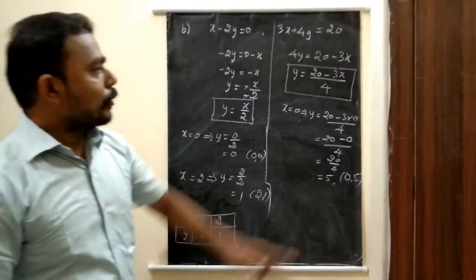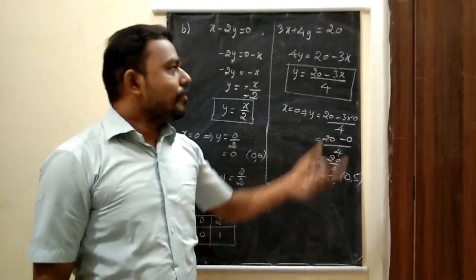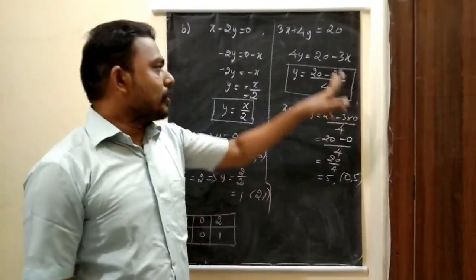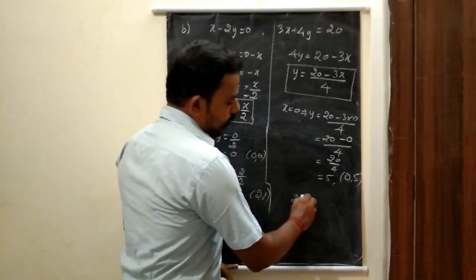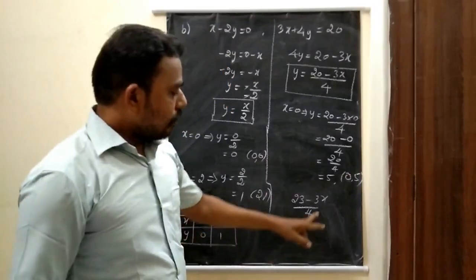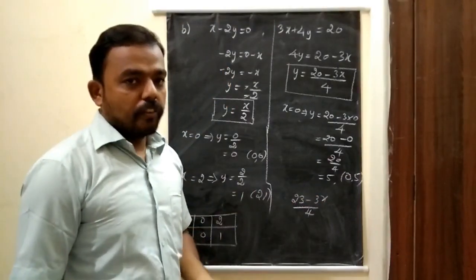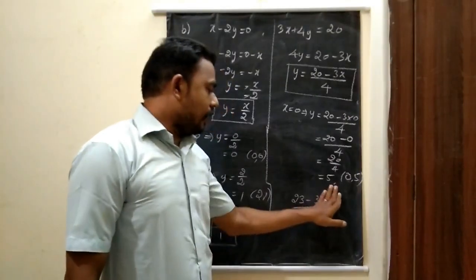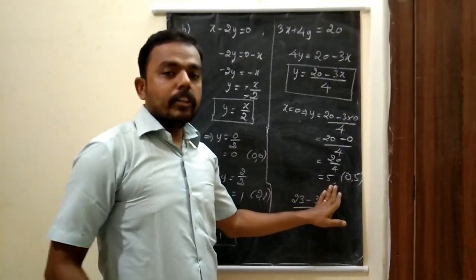Suppose this 20 is not a multiple of 4. We need to make the numerator a multiple of 4. Suppose it is 23 here. Instead of 20, you get (23 minus 3x) divided by 4. Now we need this to be a multiple of 4. So think: if you have 3, then 23 minus 3 is what? 20. How is it possible to get 3?